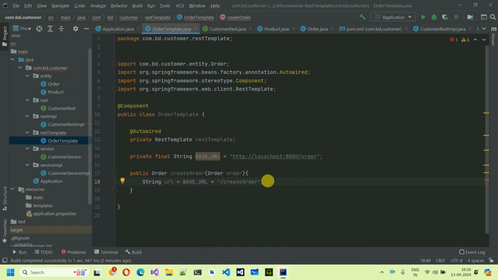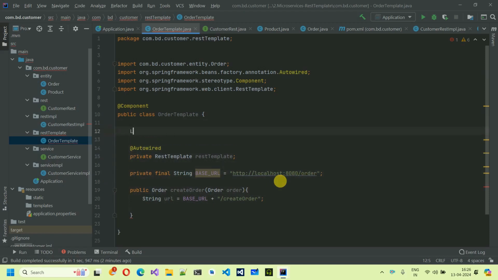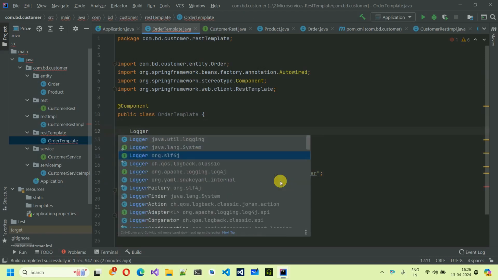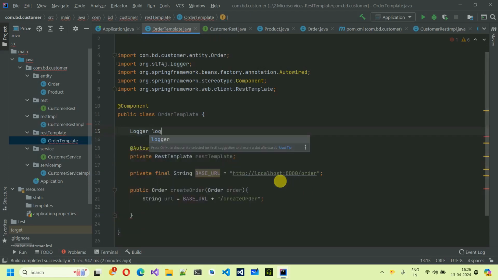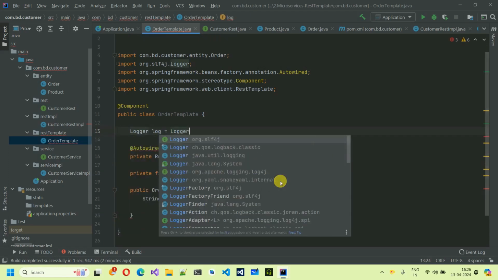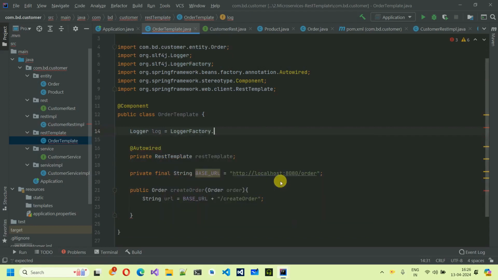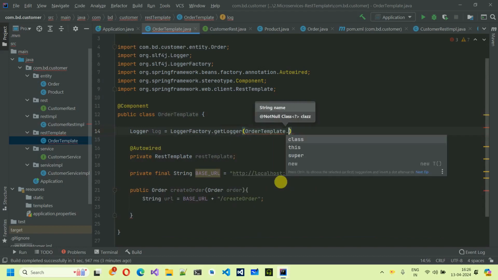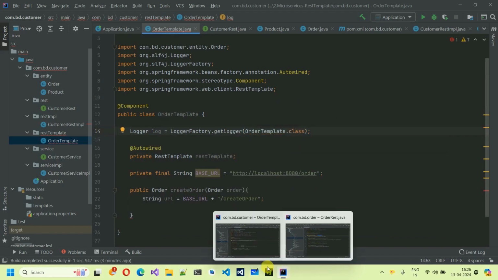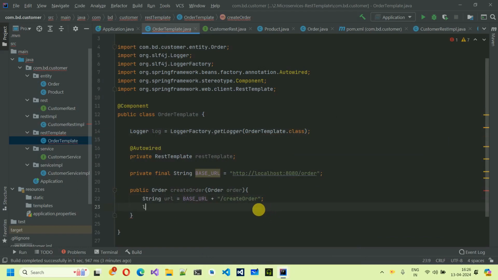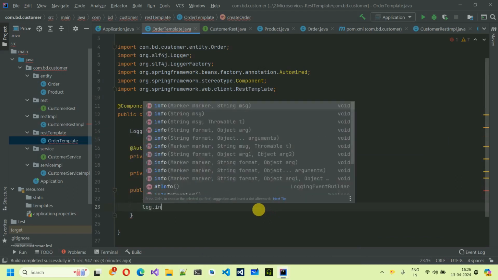So now what is the final URL? http://localhost:8080/order/create order. If you want to test it, you can use a logger and print it. Let me create a logger object. We will use org.slf4j Logger, log is equal to LoggerFactory.getLogger, also from slf4j. Inside this one we have to pass the class name, so OrderTemplate.class. I will print the final URL. So log.info